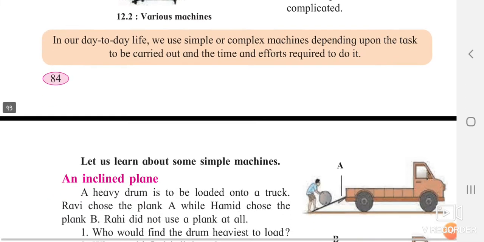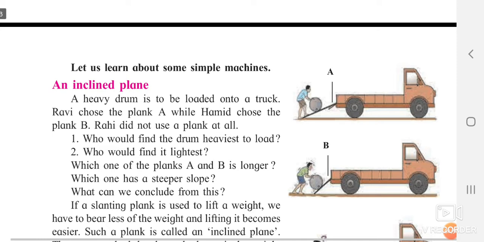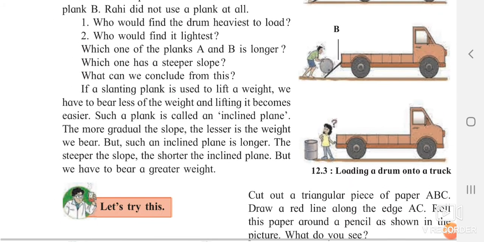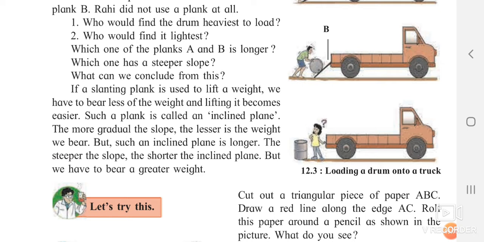Okay, so we are going to see the next part, some of the simple machines such as the inclined plane. You can see in picture A that the flat surface of wood is kept slanting so that the man can pull or push the stone or any container into the vehicle. In B, you can see that the inclined plane is a little smaller than the earlier one and it is very difficult for the man to push it. And in the third one you can see that the girl is thinking how to put this tin or container into the vehicle.